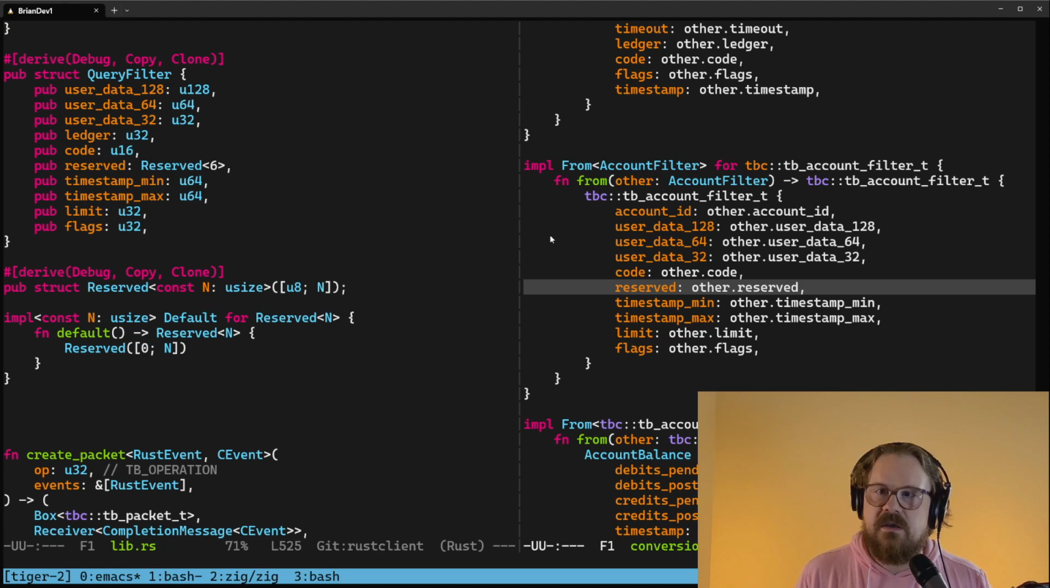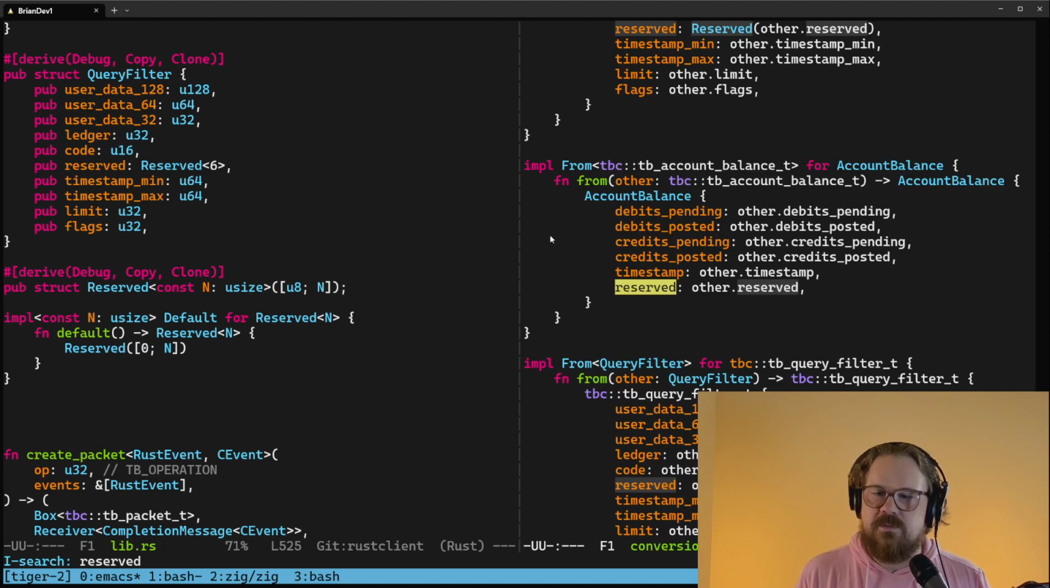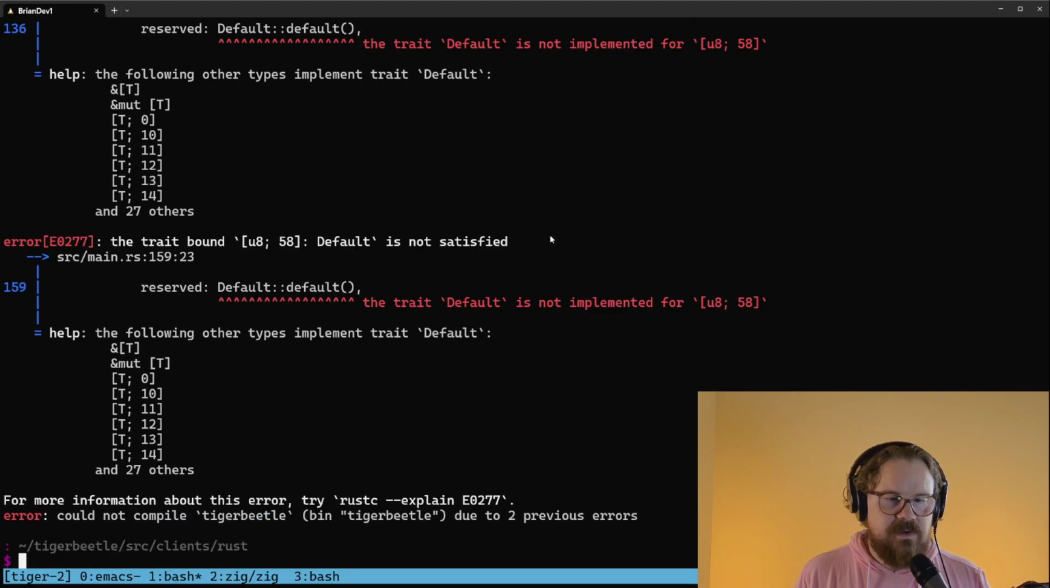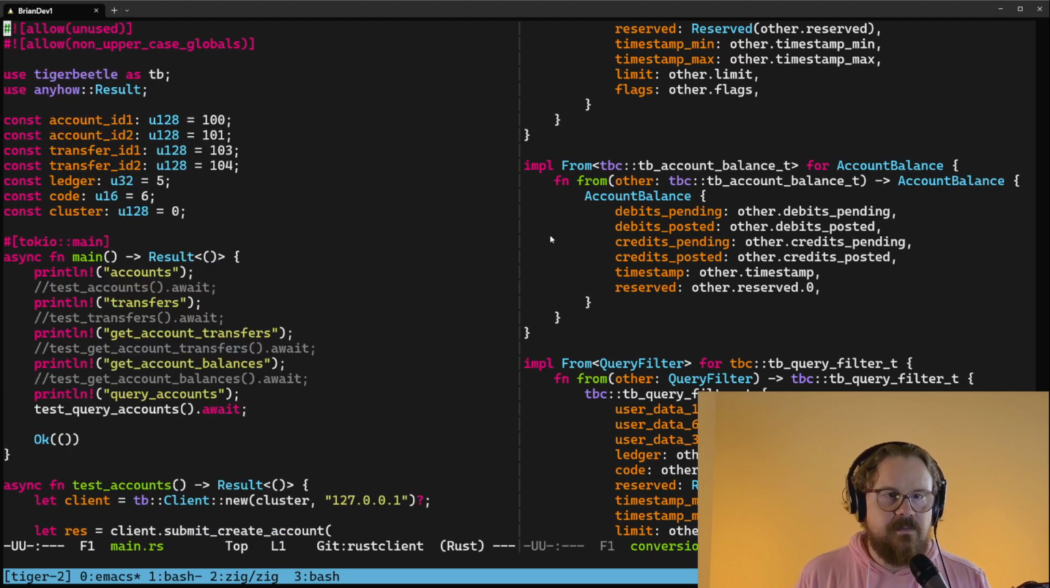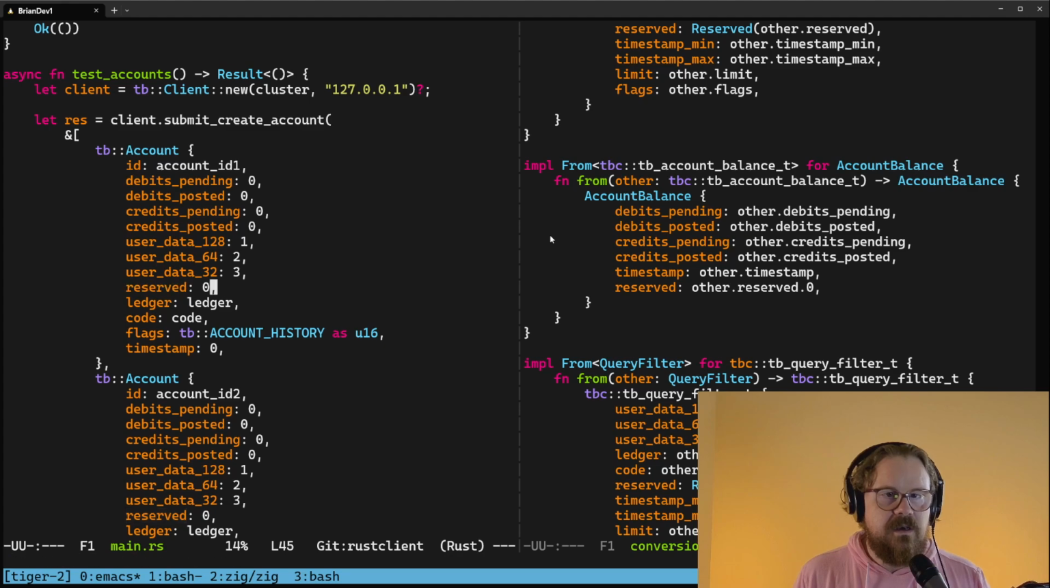here. So here we're creating the Rust account filter from the C account filter. So we just wrap the array in a reserved. Oh, here's more. TB account balance. Here we're creating a C type from the Rust type, so we just unwrap it. Here we're creating a Rust type from the C type, so we wrap it. And that's all of them. Now the library should build, but the main function won't build. And I already know that